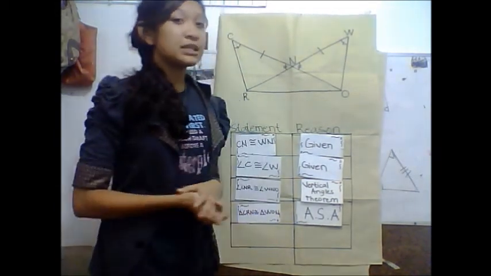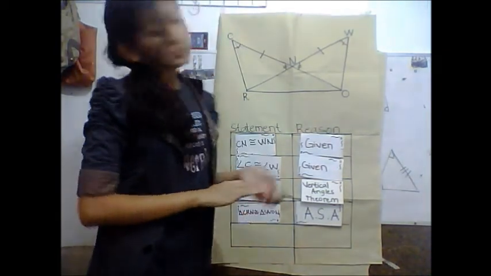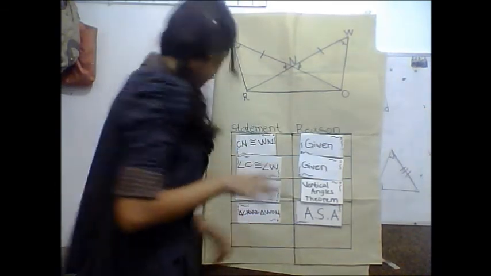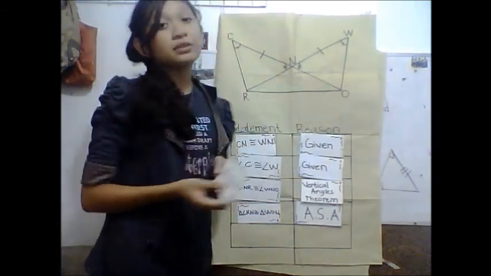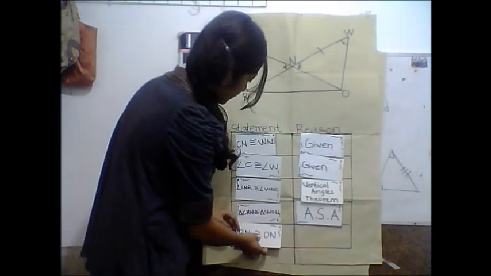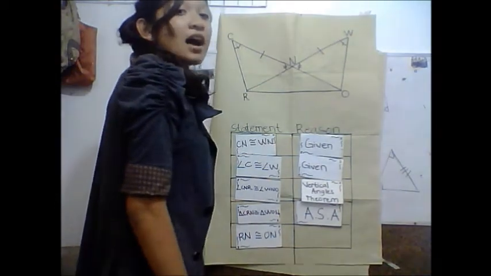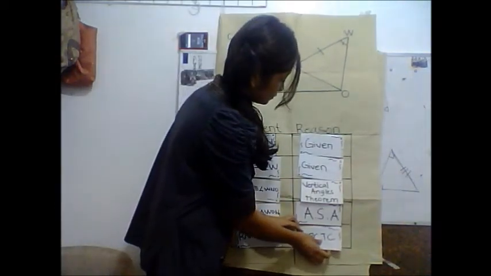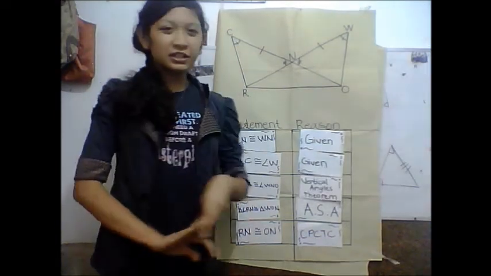Do you remember the CPCTC? It stands for corresponding parts of congruent triangles are congruent. So to prove line RN is congruent to line ON, we will use CPCTC as our reason. So now we have already completed our chart. So hopefully